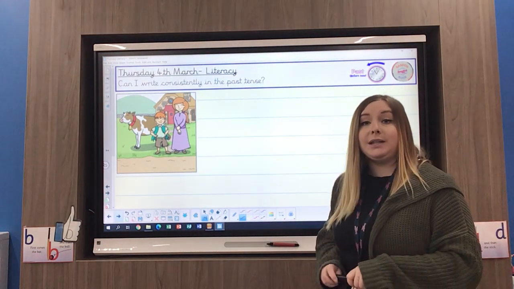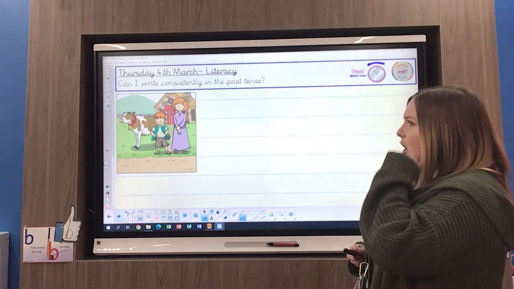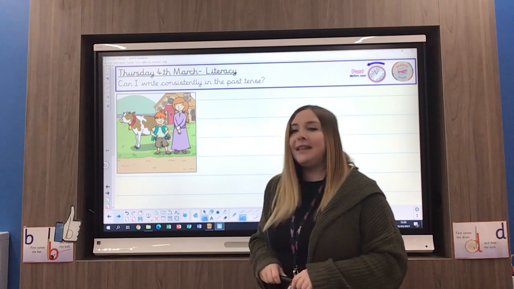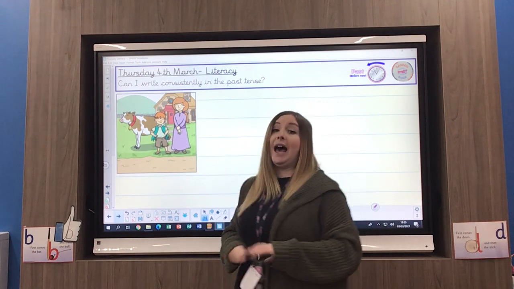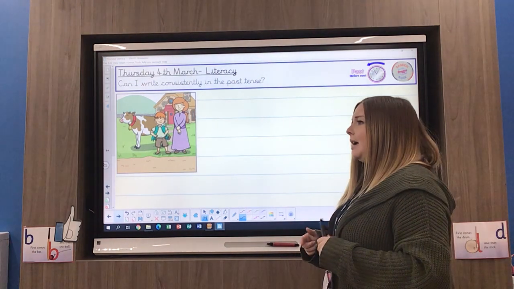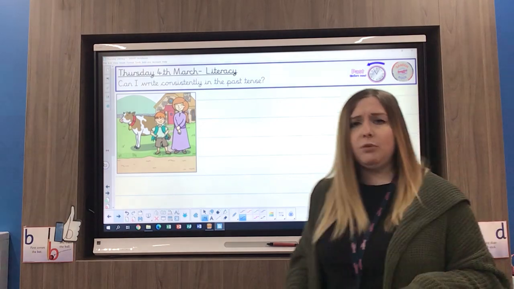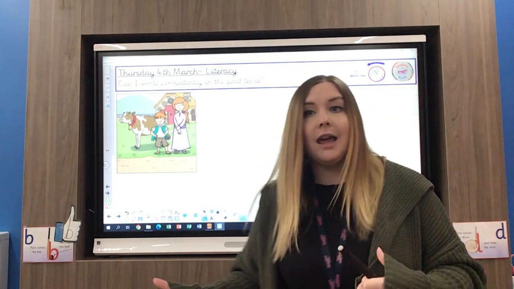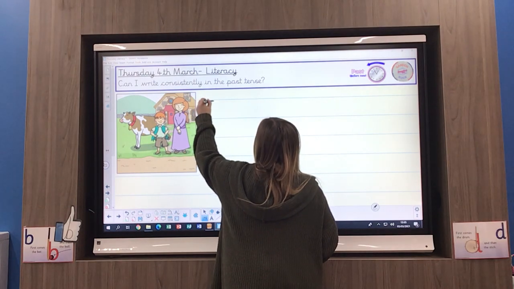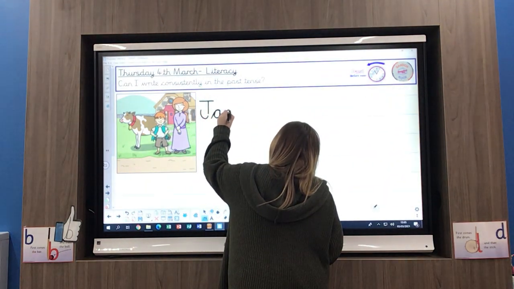So we'll do this one together and then it's your turn. So in my picture I've got Jack and his mum, got Daisy the cow, and they look quite happy really. So Jack and his mum lived, where did they live? Can you remember? In a cottage. So let's have a go at writing that sentence. Capital letter for Jack. Jack